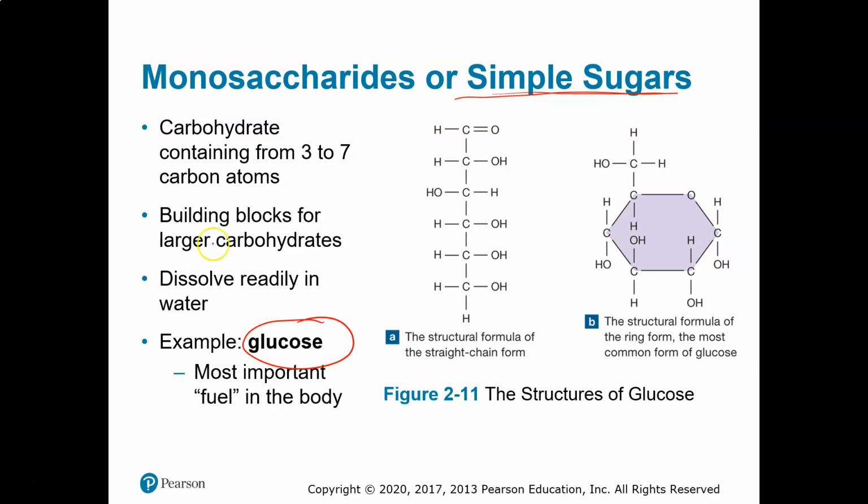Monosaccharides are the building blocks for larger carbohydrates like disaccharides and polysaccharides. And they typically contain 3 to 7 carbon atoms. They easily dissolve in water. They're the most important fuel in the body. Glucose is the most important fuel in the body. And they are typically shaped like a hexagon. If you want to take the time to do it, you can count the carbons. There are 6 carbon atoms, 12 hydrogen atoms, and 6 oxygen atoms in this glucose